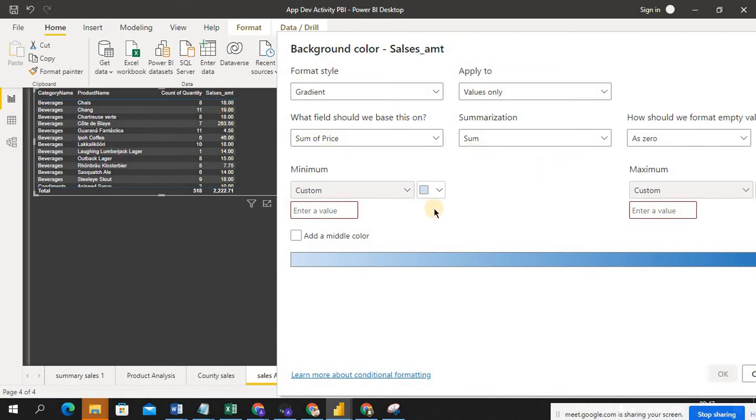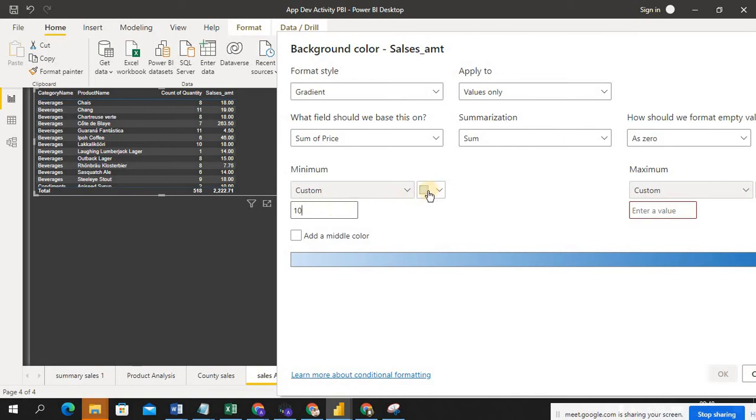And for custom, what is the minimum amount you want to enter the color for? What is the minimum amount here? 10 rupees, for example. If it is 18 or 10 rupees, enter the value 10 rupees.